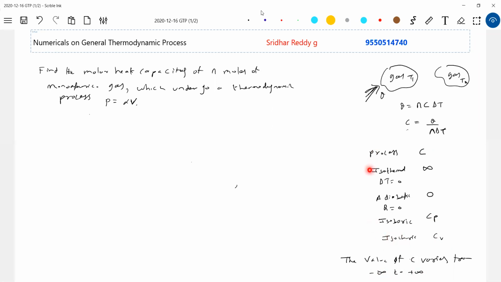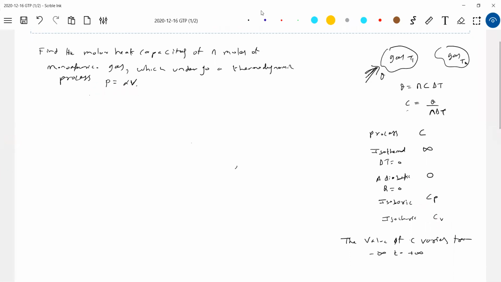It all depends upon what process it undergoes. We know only these four basic processes I have given. Now, is it a basic process? No, it is some other process, so we have to calculate the molar capacity. Everywhere I'll be using this particular formula. That's why gases are used in applications. You might have studied in chemistry why gases are given so much importance over liquids and solids: because I can make gas undergo any process, but liquids and solids will not permit. That's why engineers use gases.